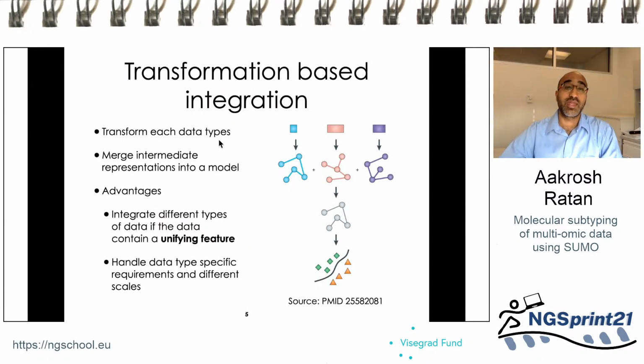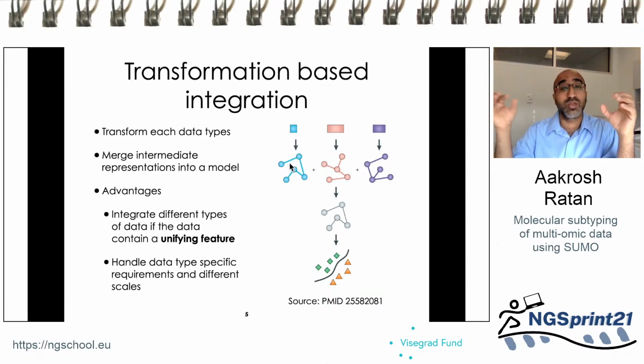So what do I mean by that? What I mean is you could, for example, transform this SNP cross patient into patient distances, and I'm going to talk about that in a minute. And once we have done that for every data type, if we can then intermediately merge these intermediate representations, then we have an advantage because now we are integrating different types of data and we have a unifying feature within